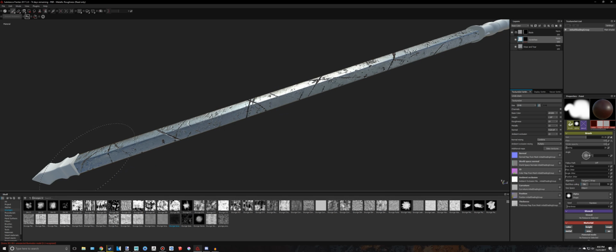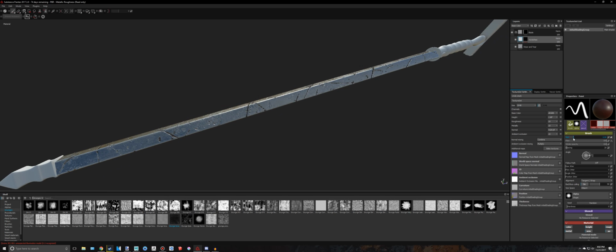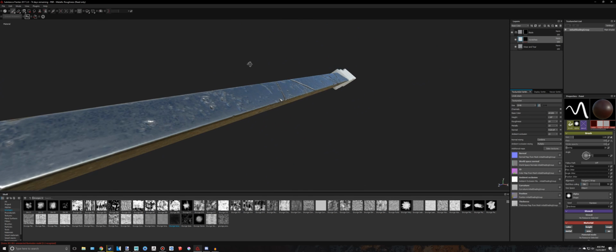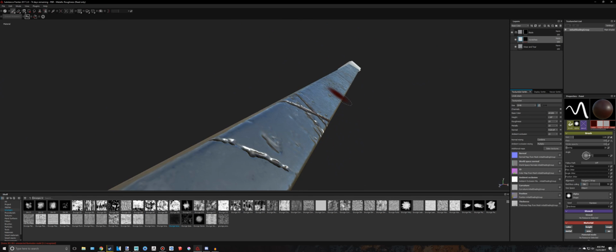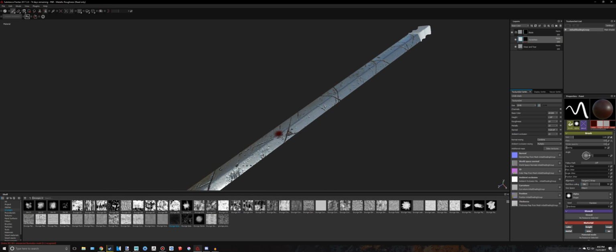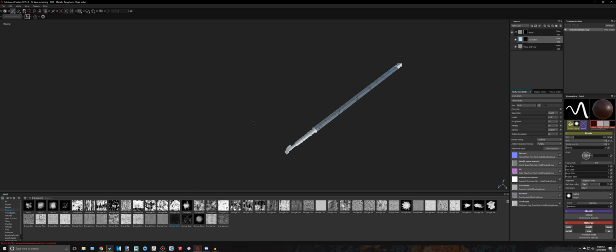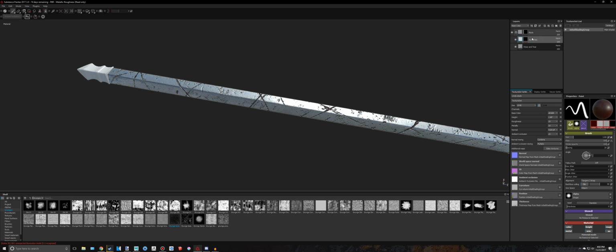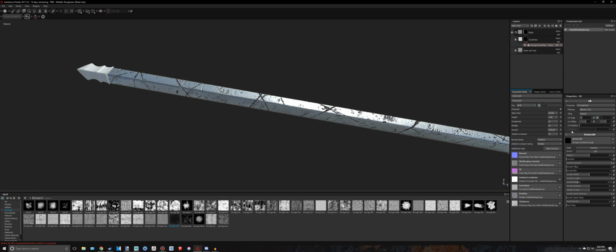Perfect. Should be all of it. So I'm going to just put this back down to normal, and we can take a look at this. As you can see, the blade now has deeper scratches in them, and they also have some red blood in there. And if you think that's a bit too many scratches, which I kind of think so too, what you can do is go over here to your grunge scratches